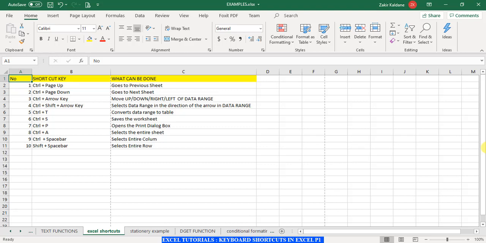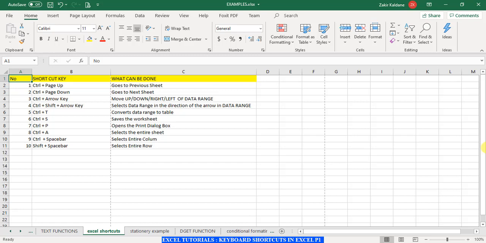So we conclude that we can use Control Right arrow to move to the last cell of that row in that data range, and Control plus Left arrow to go back to the first or the leftmost cell in that data range.